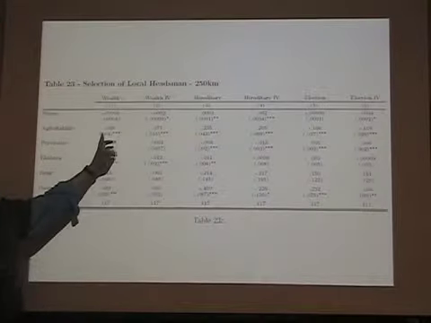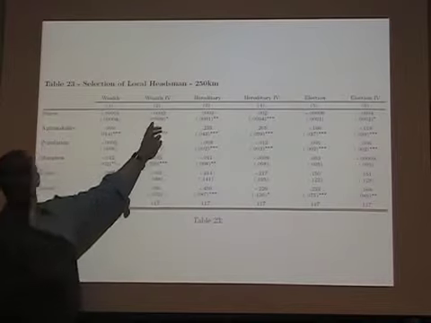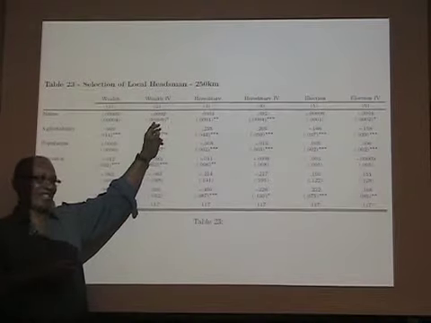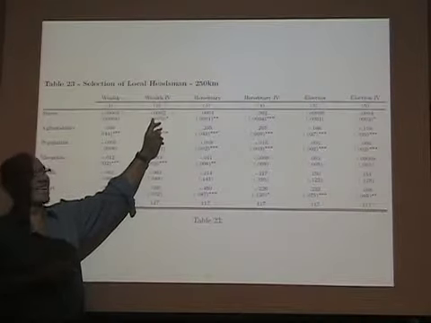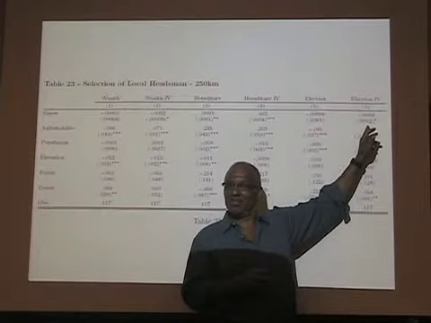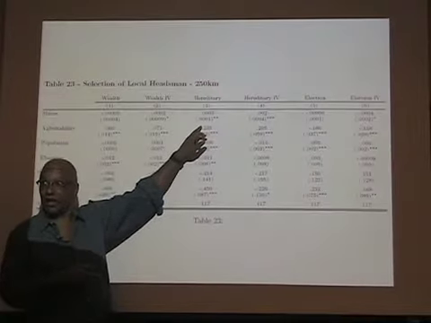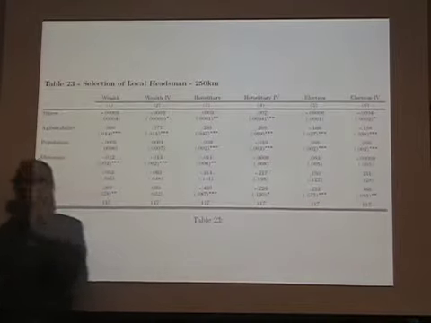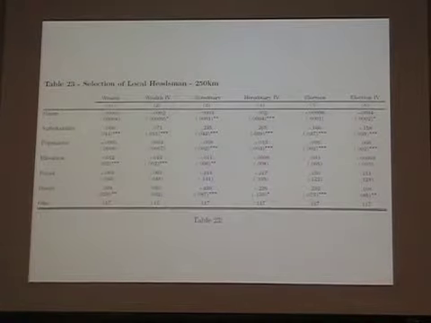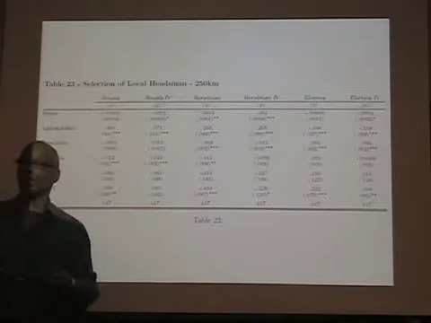Here's selection of local headship. Okay, whatever that local headship is. Could be elders, could be chiefs, could be whatever. Okay, and here we get a negative effect of wealth. You know, it's not America. It's not that wealth is going to get you elected. Oh, that doesn't happen here. Here's America. It's not that election is going to get you to headship. Okay, because it's negative. What gets you to headship here, what the slave trade is encouraging as the selection process, is heredity. Whether or not you have a right to that office. So less democracy, more what we're beginning to call patrimonial, because that's the word that the development literature is often using to describe